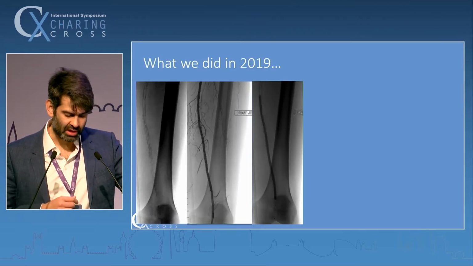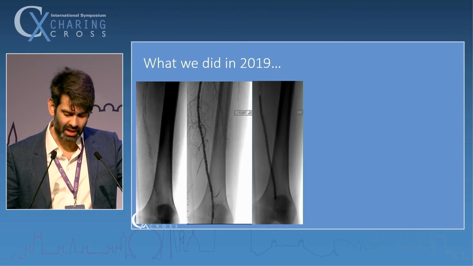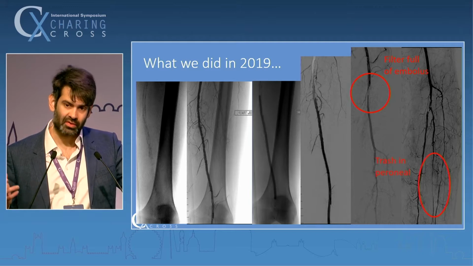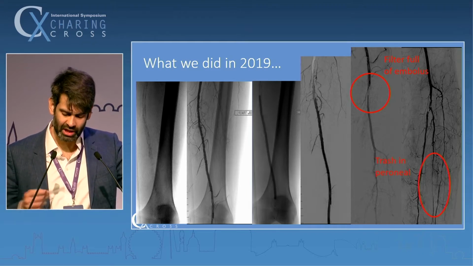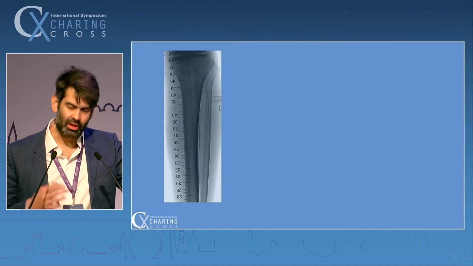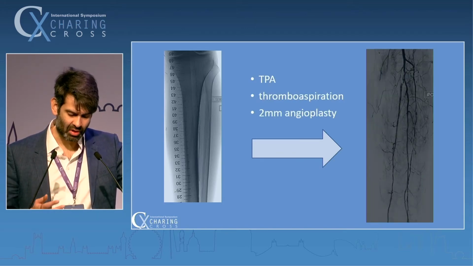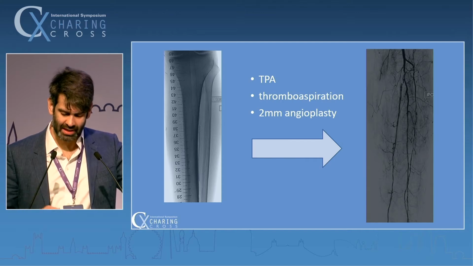Well, we crossed the lesions and we used a rotational atherectomy and did a plain balloon angioplasty, a drug-coated balloon angioplasty, and what are we left with here? We're left with a filter that's full of embolic material. We're left with trash in the peroneal arteries. So you know how this story goes. Lots of difficult tibial work, some thromboaspiration, some angioplasty, and finally we managed to get this patient off the table